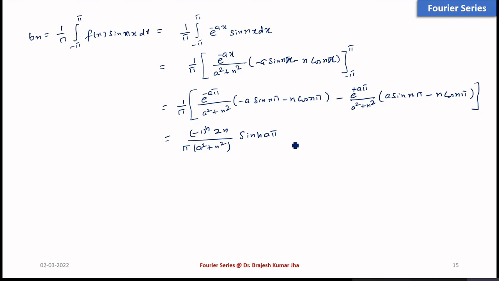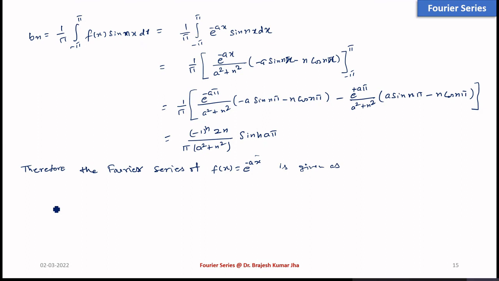So this will be what your Bn. Yes, sir. So finally, the Fourier series of f(x). Therefore, the Fourier series of given f(x), which is e to the power minus ax, is given as,